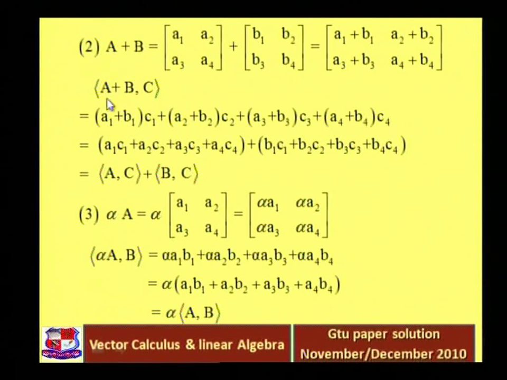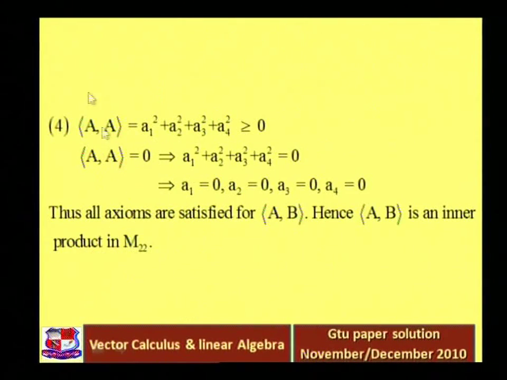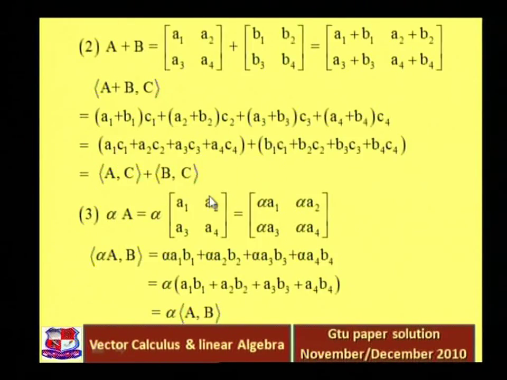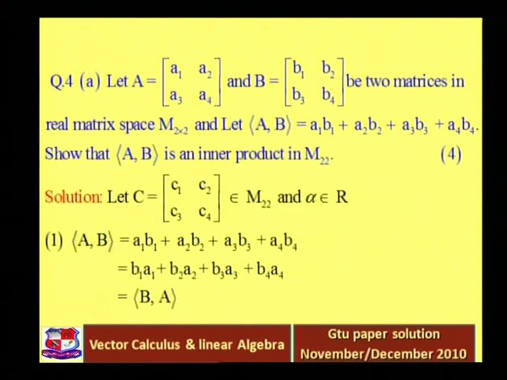Then these laws: inner product (A plus B) with C is equal to inner product AC plus inner product BC. Inner product of alpha A with B is equal to alpha times inner product AB. And the last one: inner product A with A is always greater than or equal to 0, and if this is equal to 0, that means all the numbers A1, A2, A3, A4 are equal to 0. So one by one we are proving all the 4 conditions to become an inner product, and for that let